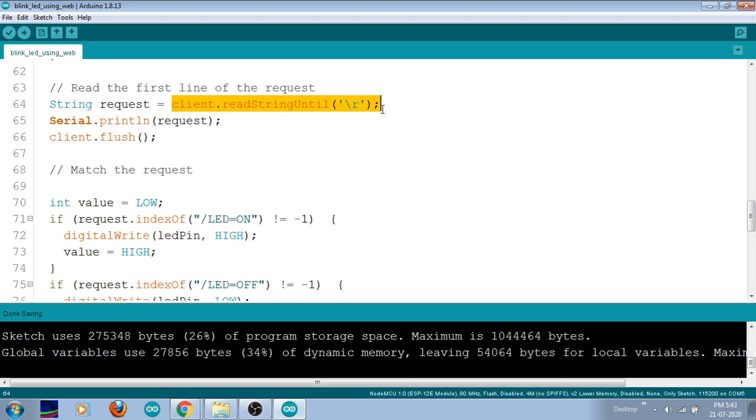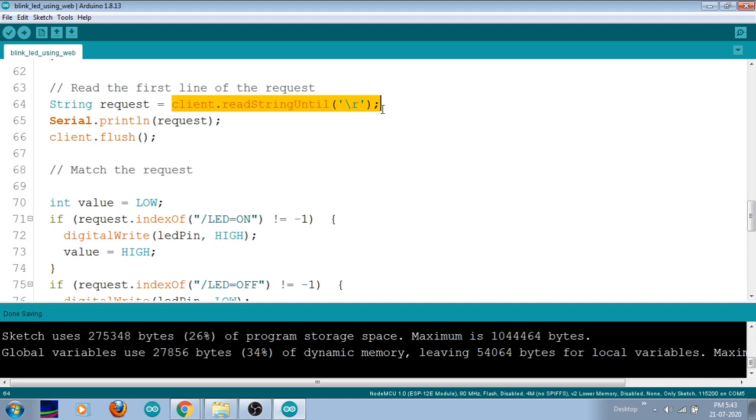For that I'm just checking with not equal to -1. So only if my command is like LED ON in caps, then I may turn on my LED properly. If not, then automatically this particular if condition should not be executed. For that I'm just ensuring it with the -1 sign. Okay, so after that I'll be closing my communication.